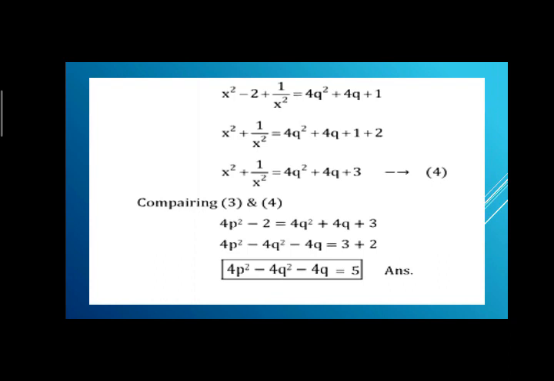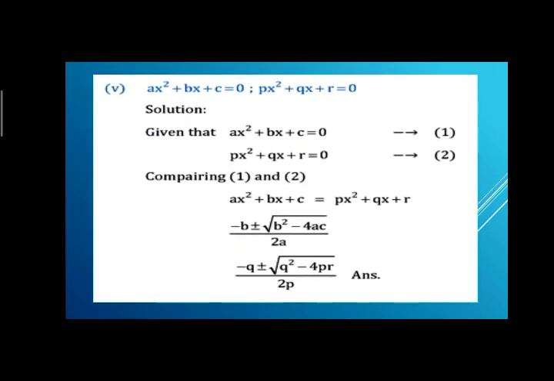And in the formula method, you have to apply the formulas (a plus b) whole square, (a minus b) whole square, (a plus b) whole cube, (a minus b) whole cube, for the simplification or to eliminate the variable x or any other variable that you have to eliminate, and then simplify the answer. So here we use all these three formulas.